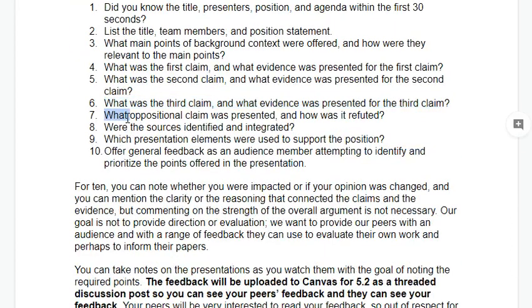Number 7, what oppositional claim was presented and how was it refuted? Number 8, were the sources identified and integrated? Number 9, which presentation elements were used to support the position? And number 10, offer general feedback as an audience member, attempting to identify and prioritize the points offered in the